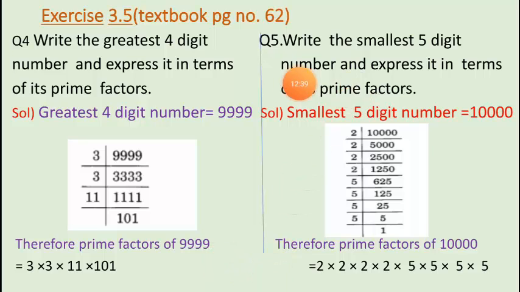Okay, in the same manner, if I talk about question number 5, here we need to find the smallest 5-digit number, and that's prime factor we have to find. So children, we know the smallest 5-digit number is 10,000. Okay, and in the same manner again here we have used the repeated division method to find the prime factor for this number. So as such we have taken here this 10,000 as per the need of our question,